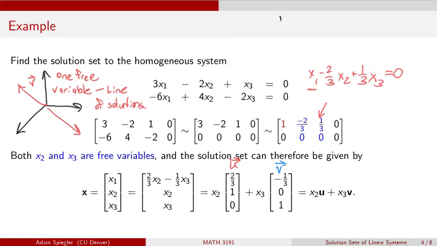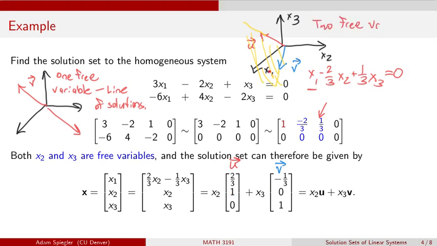In this case, where we have two free variables, x2 and x3, I can represent u as a vector. Vector v is some other vector which is not parallel to it. And then we're multiplying u and v by scalars. So what we're actually getting is an entire plane of solutions. Anything that sits in the plane that's spanned by the vectors u and v is going to be a